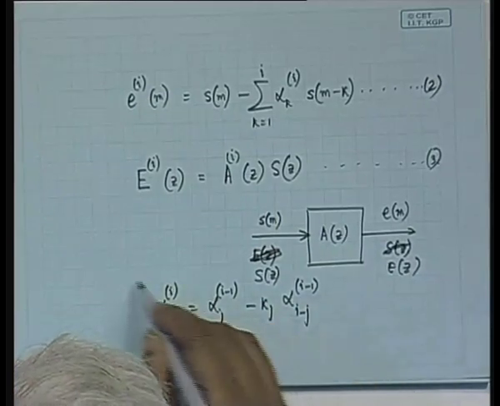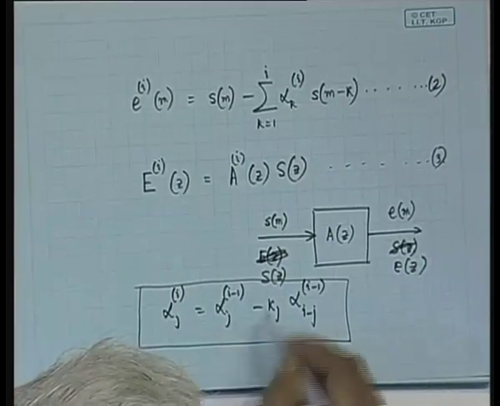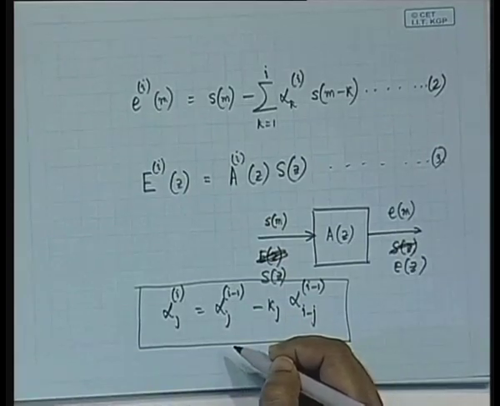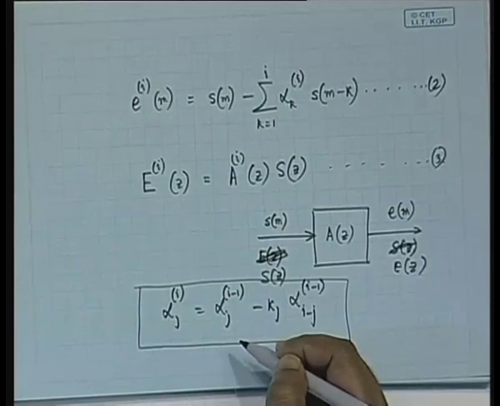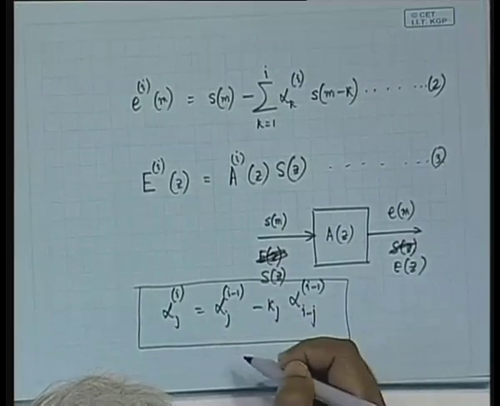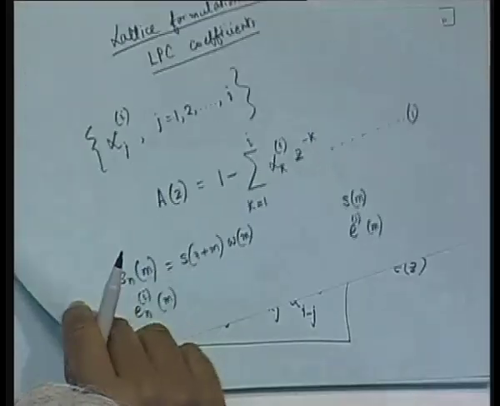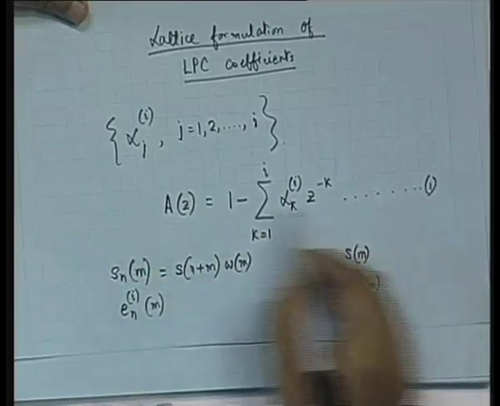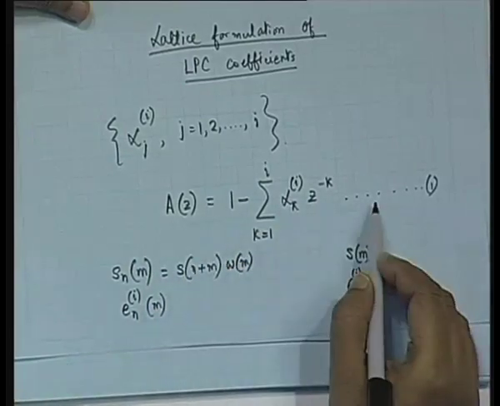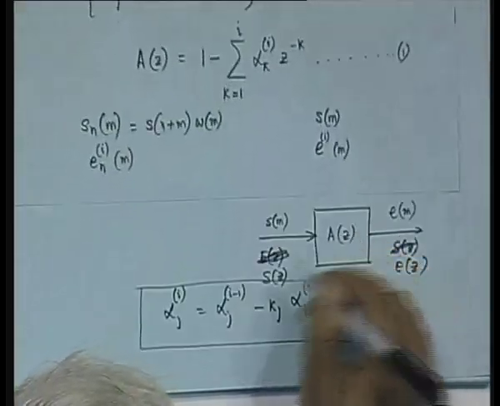This is what we had written for the alpha's recursion. This is a recursive relation we got for the alphas. So, now what we are going to do is put this expression of the alphas into equation number 1. Equation number 1 is written in the Z transform form. This gives the filter's Z transform form, but in place of this alpha k I, we are going to write